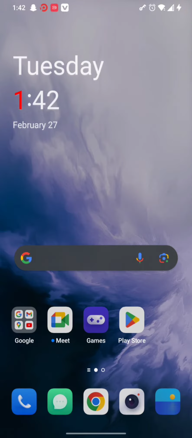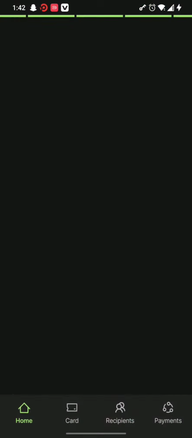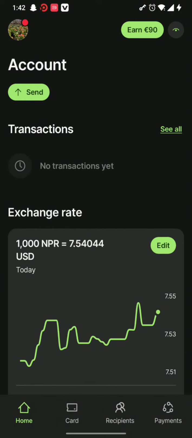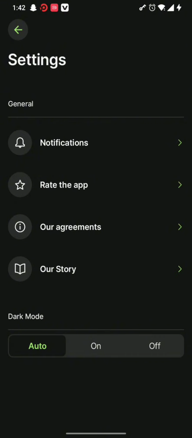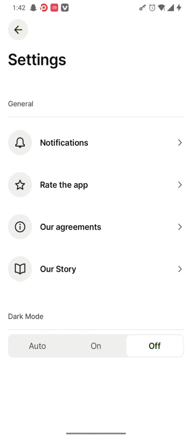So first and foremost, all you need to do is simply open your Wise app. Once you open your Wise app, all you need to do now is simply tap on the profile icon on the left hand side of the screen. Once you do so, go and tap on the settings option, where you can find the dark mode option at the end. Now you can simply tap on to turn it on and tap on off to turn the dark